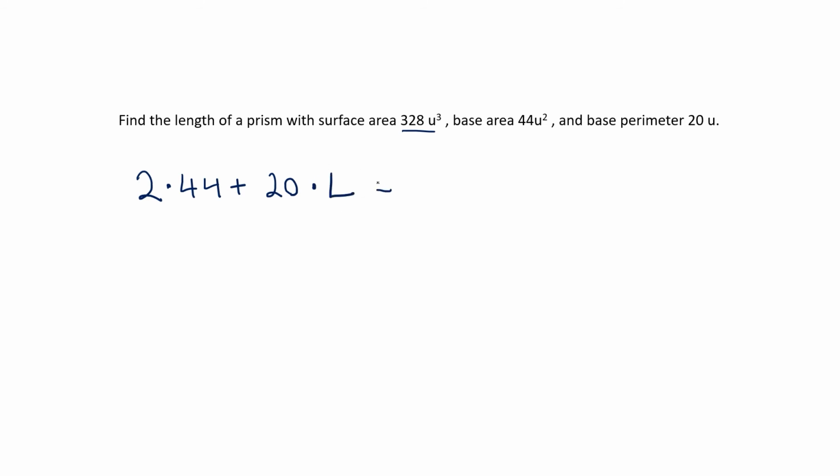So that's what we're solving for. Equals 328. This you can put in nSolve, but honestly, just don't. Just do the math. This is 88. So if we subtract that 2 times 44, that 88, from both sides,